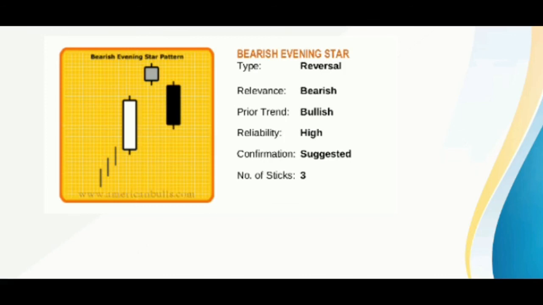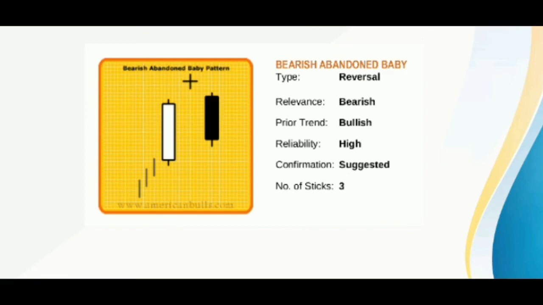Last pattern is bearish abandoned baby. The bearish abandoned baby pattern is a very rare top reversal signal. It is basically composed of a doji star, which shows gaps including shadows from the prior and following sessions' candlesticks. Most of the 3-day star patterns have similar scenarios.